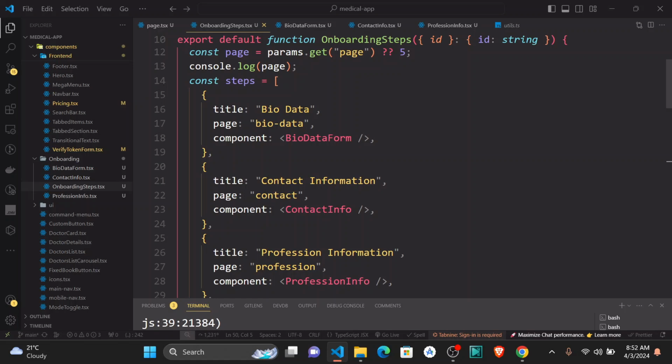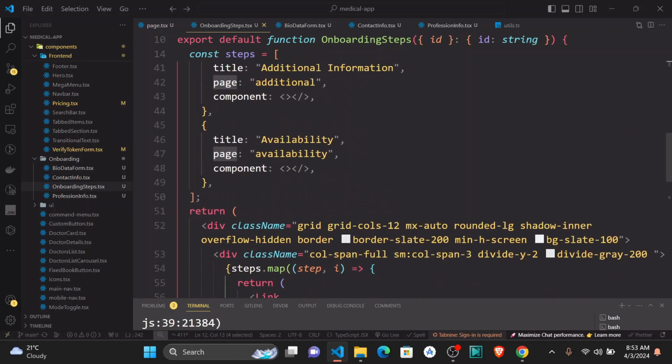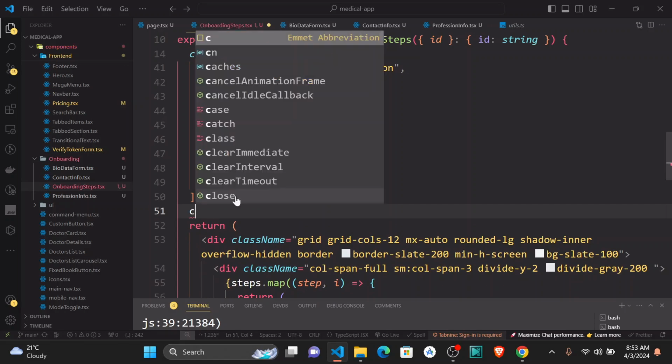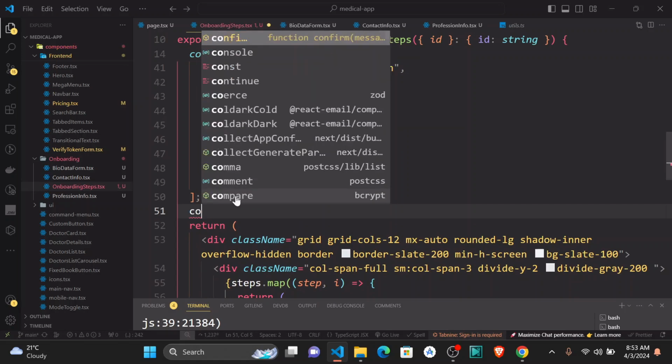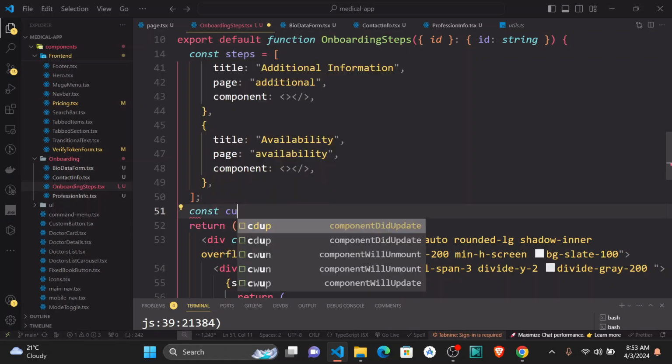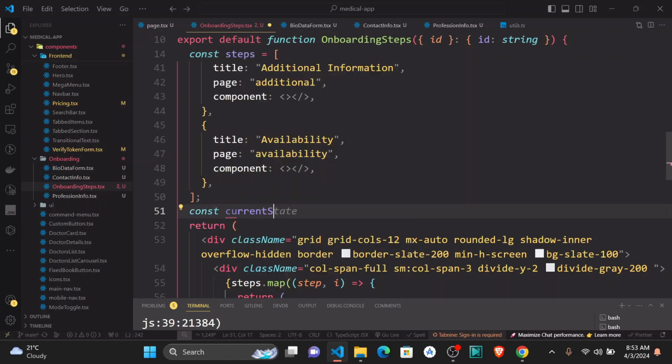So we have the page, and down here we could also just say current step. Const currentStep is equal to steps